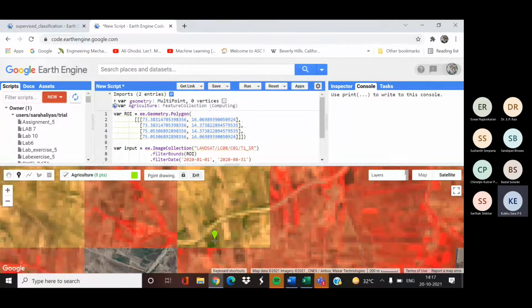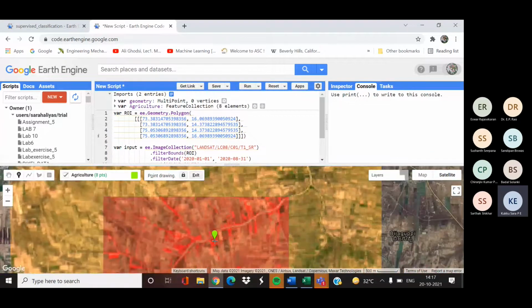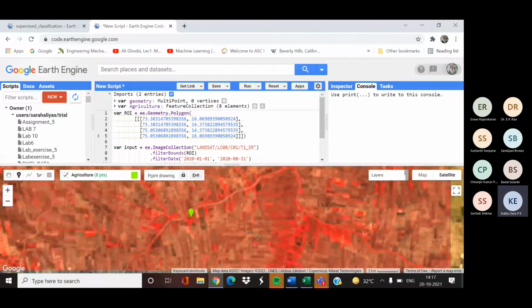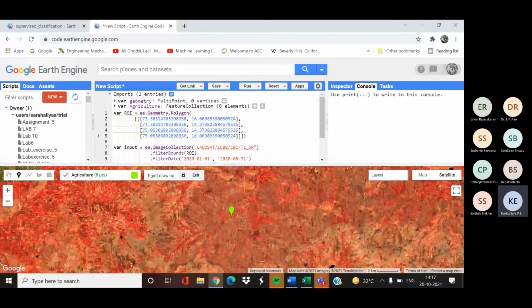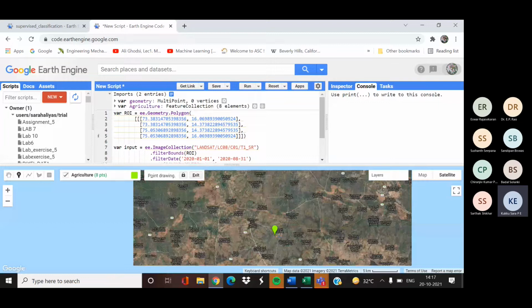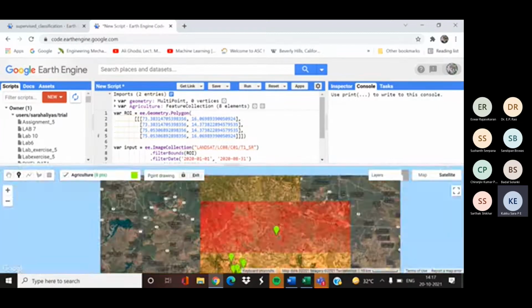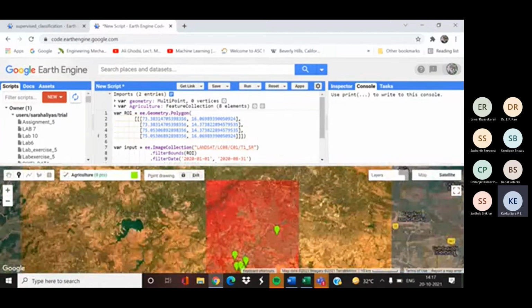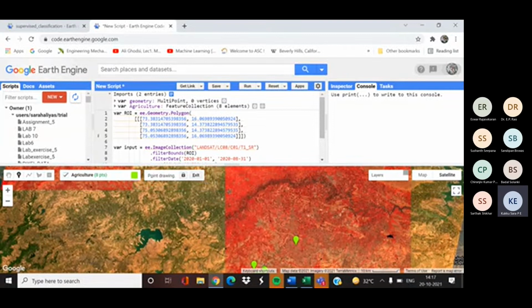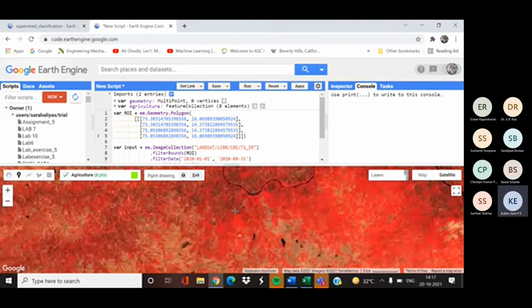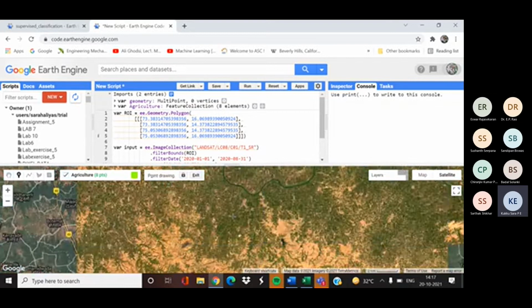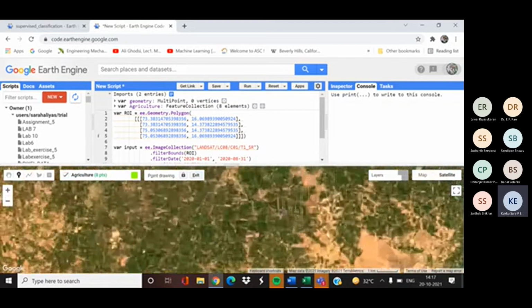Try to collect the training points from different areas in the map, because each agriculture area will have different spectral values, so collect them randomly from the overall imagery.